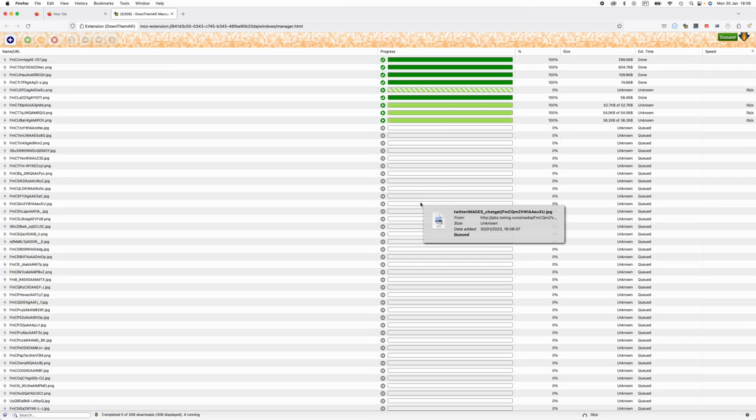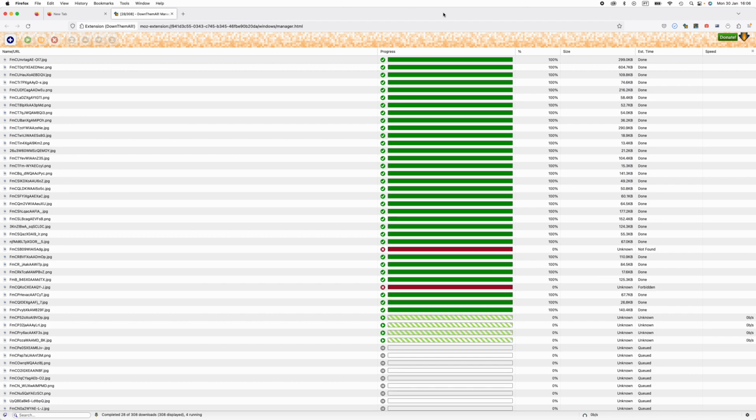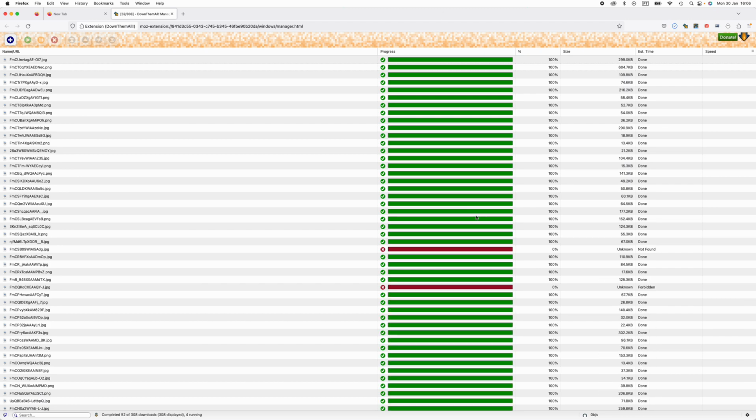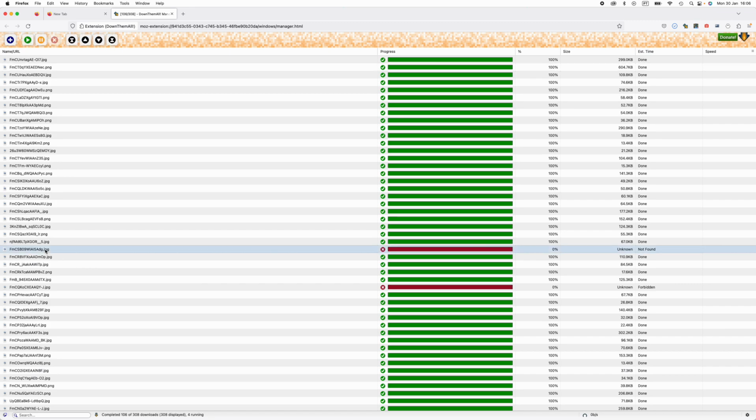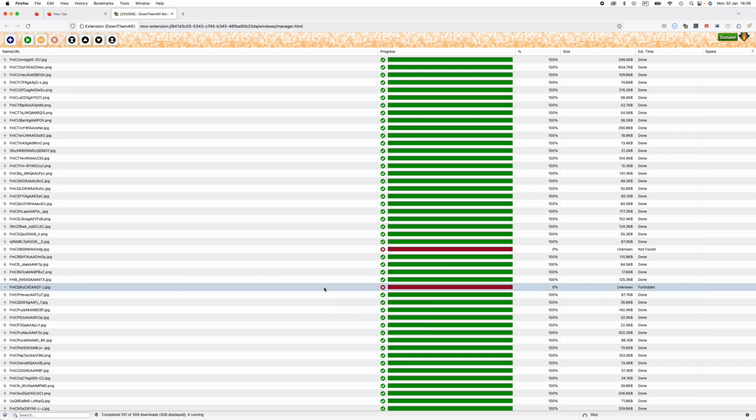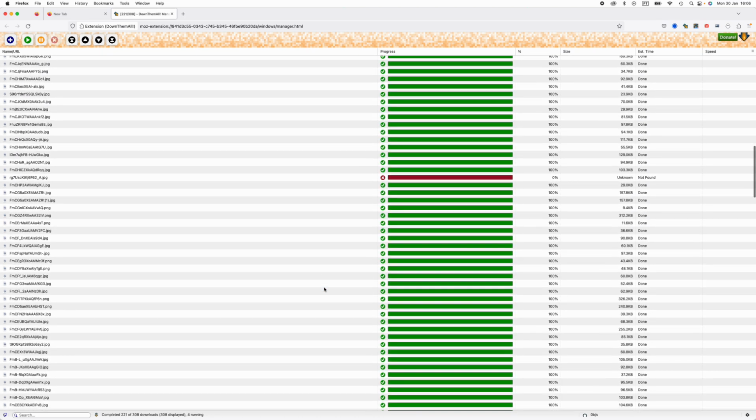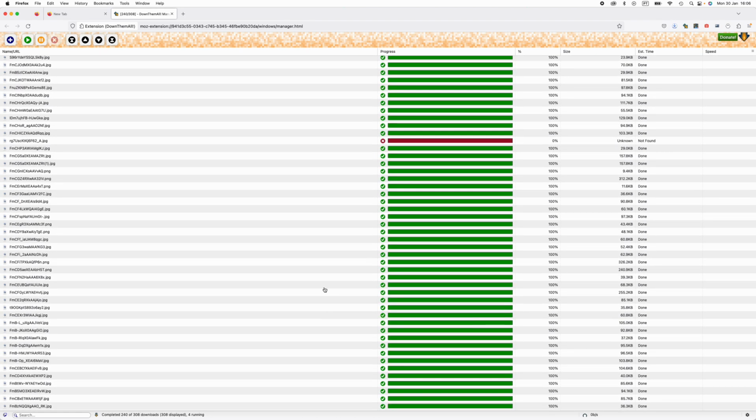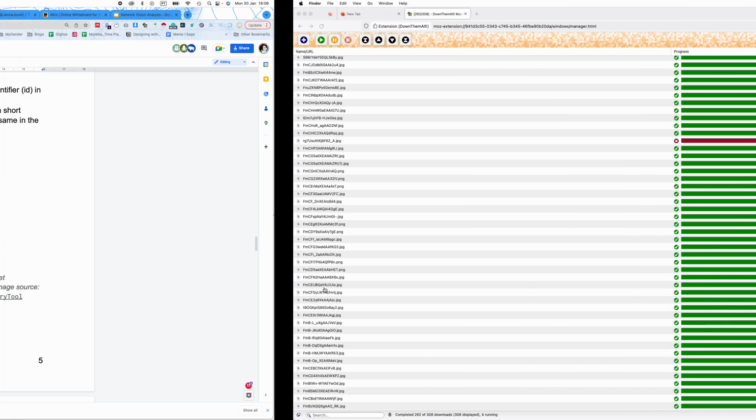download, and we are downloading all available images. If you see red right here, that means these images are no longer available on Twitter. Okay,